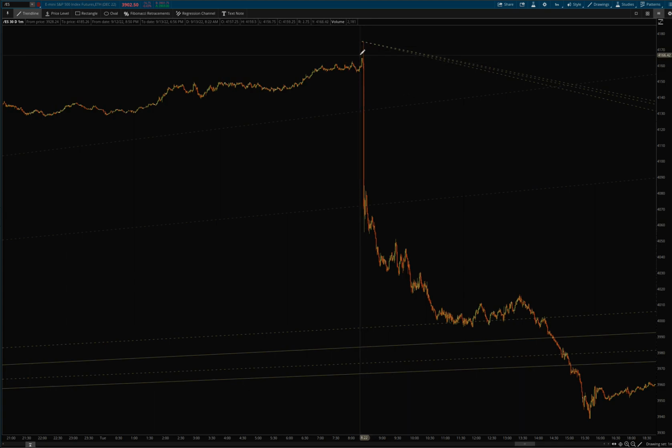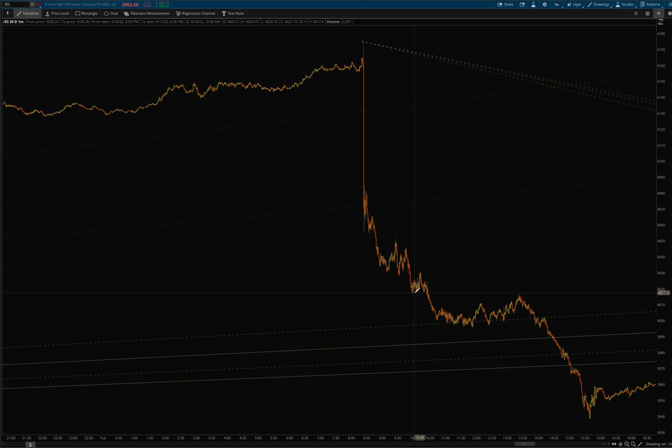That's how much velocity was imparted to this move. It was negative news of such significance that it pushed it down all the way through all this, and then it kept going. Buyers kept trying to find the bottom, basing their risk off of various levels, and as it crashed through those levels, they would cover their positions and try again. That kept happening and happening, and there's no way to predict which level it'll be,